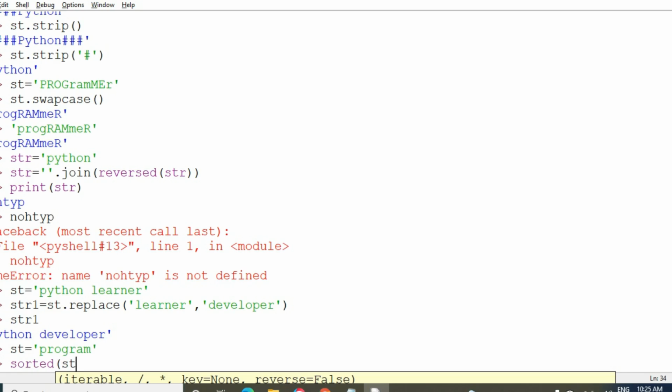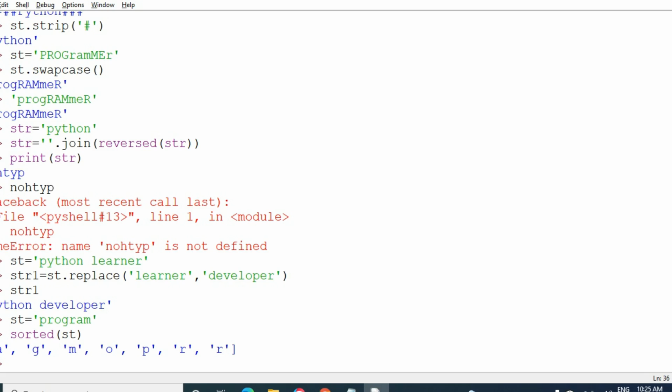So sorted of st. See, in the alphabetical order, A is first.